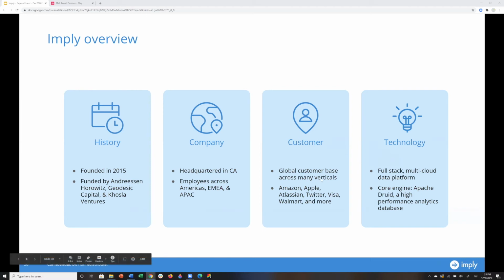And then our technology is pretty much cloud native. We have our product in AWS as platform as a service, which is called the Imply Hybrid Cloud. It can be installed as well on-prem. And the core of our engine is actually Apache Druid, which provides high performance analytics for a lot of the queries that you normally do, especially finding out anomalous transactions.